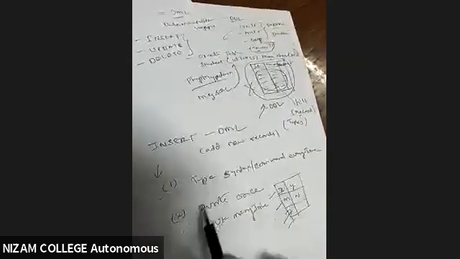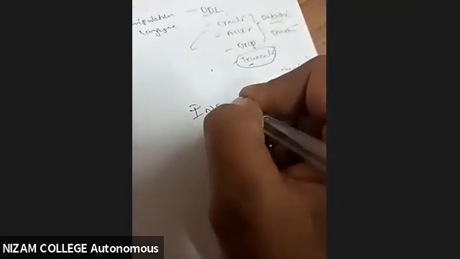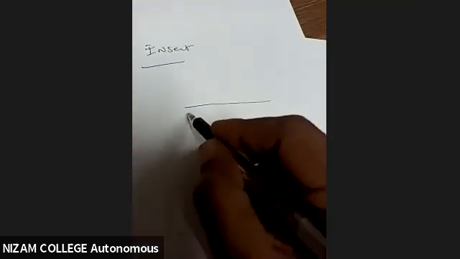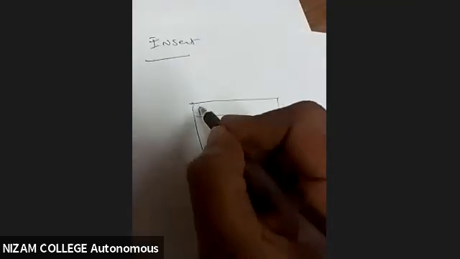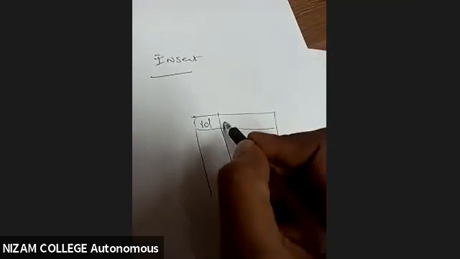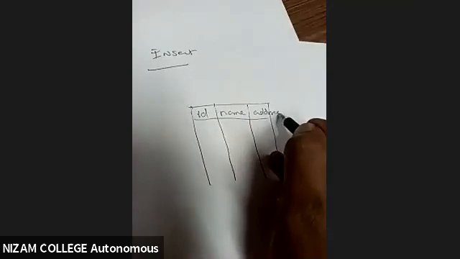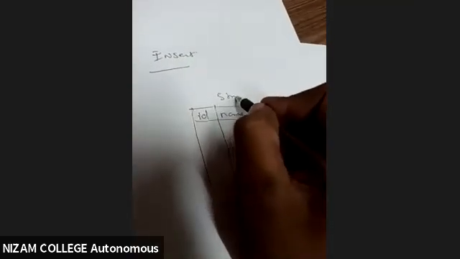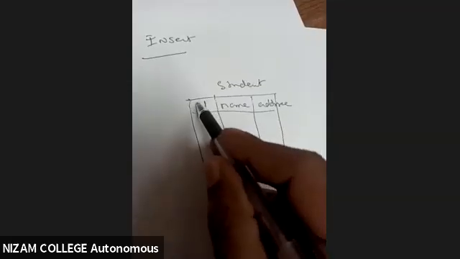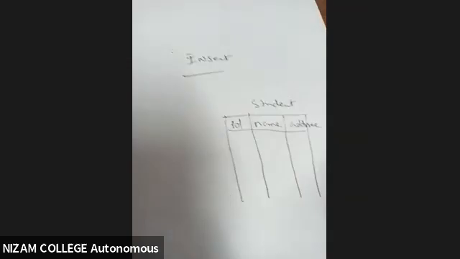Now, in our insert command, we have some more things, depending upon the scenario. I gave the example of the structure, so remember the structure once again. What structure do we have? ID, a name and an address: three columns. The name of the structure is student. Now I have a roll number, I have a name.